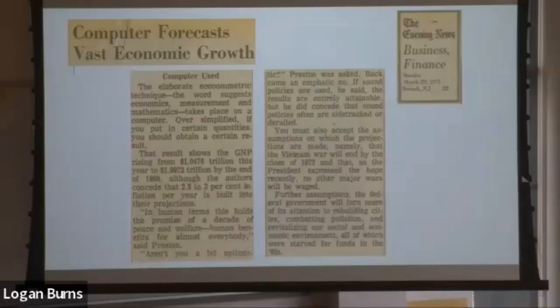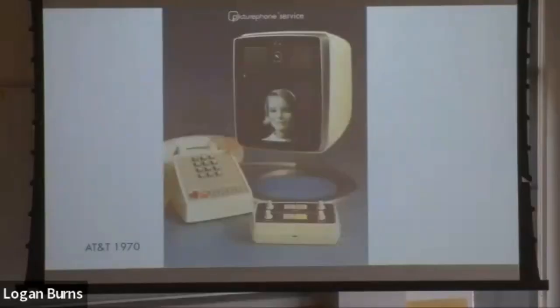Right. This is just another example from the library, talking about how the computer is forecasting growth, and they're writing an article about it. And this is a form of artificial intelligence, insofar as it's taking a lot of data and creating a conclusion on its own. Now, it doesn't talk about exactly how it did it, but that's the kind of thing people were doing. Also, was it determined whether it was correct or not? Well, in the article they were kind of debating that,